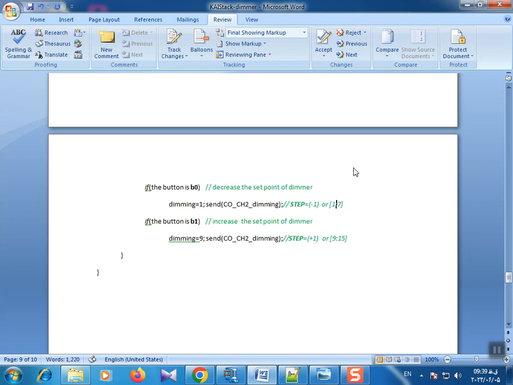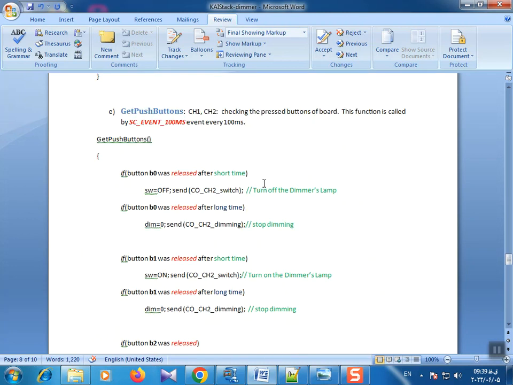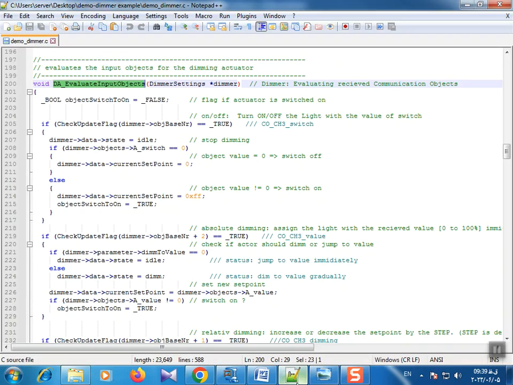I should make some changes here, 1 to 7 to decrease the luminance. I think it was for turn on and turn off. I can't remember. I defined it in turn on and turn off. Well,